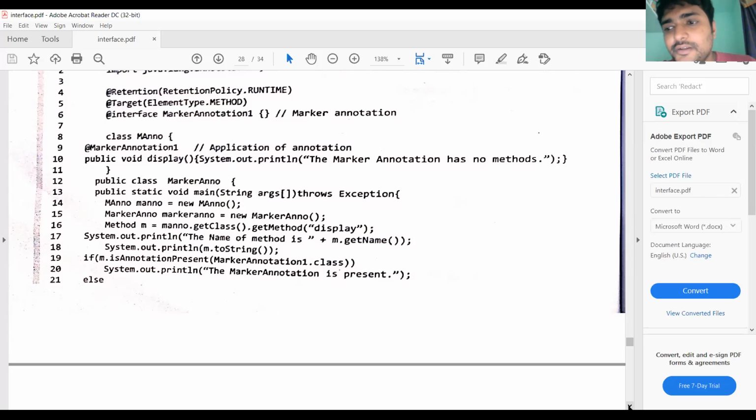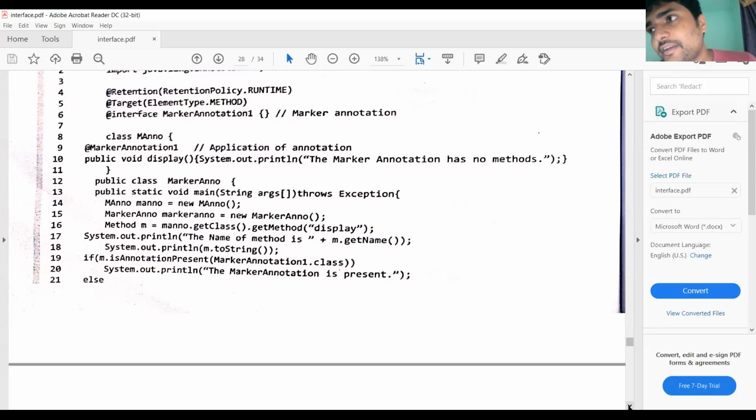There are two types: user-defined annotations as well as predefined annotations. Predefined annotations exist in the package java.lang.annotation. We have so many annotations: @Override, @Target, @FunctionalInterface. Like that, we have so many predefined annotations.